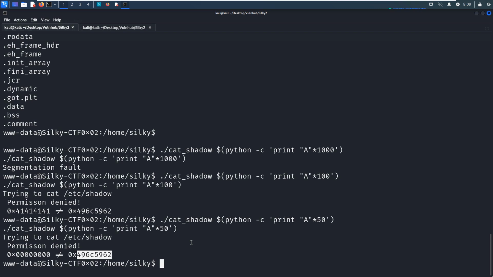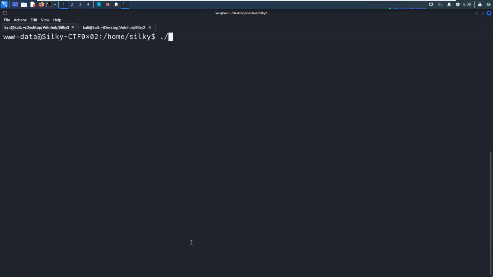So we can clear. We need to do more tests.